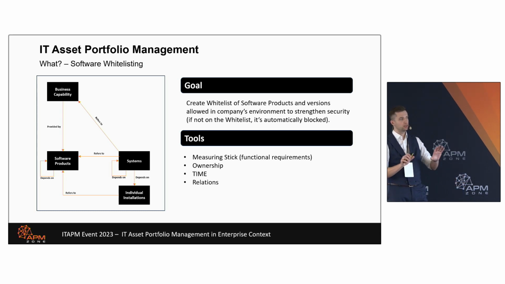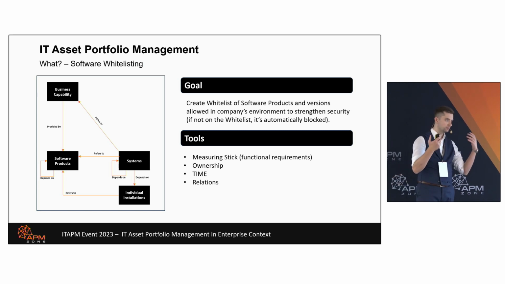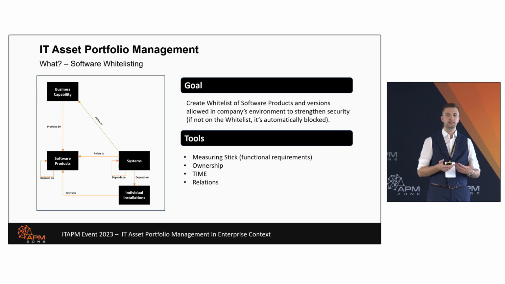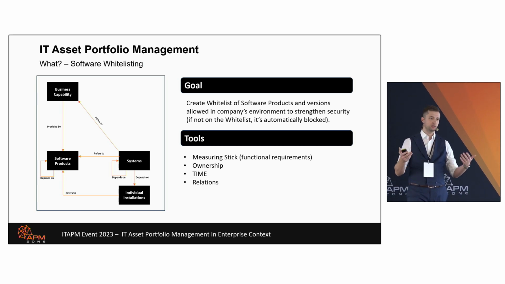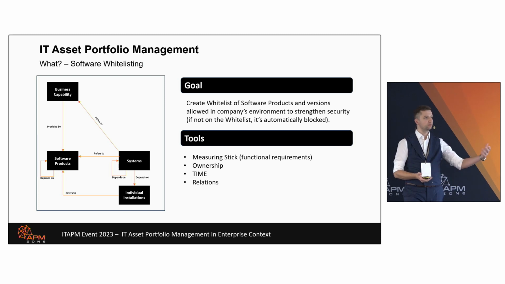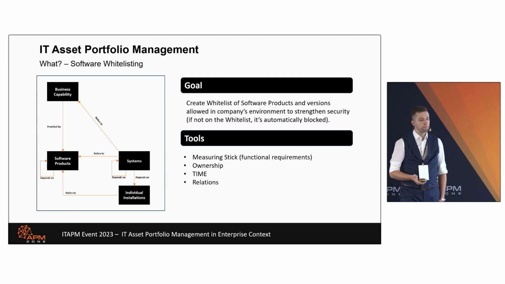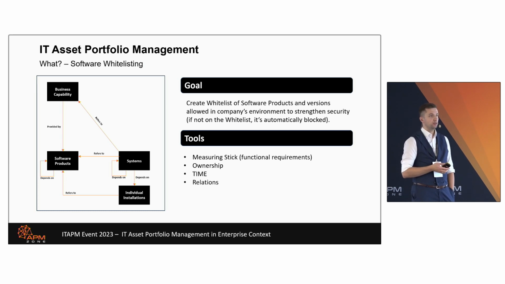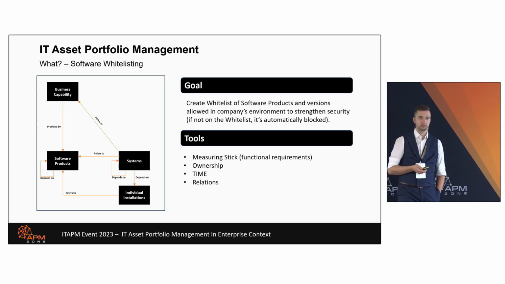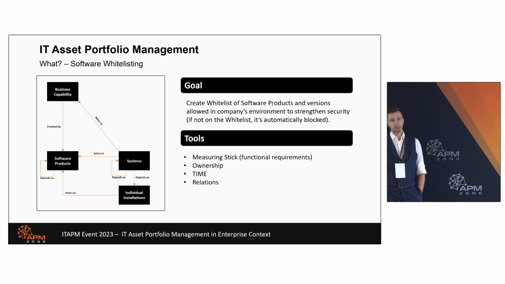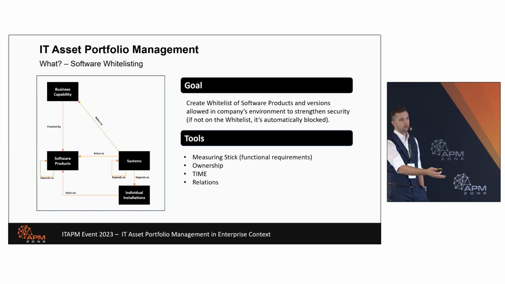But then if you want to leave the freedom to the business, to the users, to be innovative, to build stuff, and it doesn't have to mean that someone will figure out the next Google or Facebook in the company, but they will, for example, figure out a better tool for something, then you will have a hard time if you don't have a very good process for whitelisting. Because the moment you push the button that only the things on the whitelist can be installed, you are not dealing with one or two colleagues sitting next to you who explain the problem over coffee and you add the software to the list. You are usually multiplying it by 1,000, 2,000 requests a year.